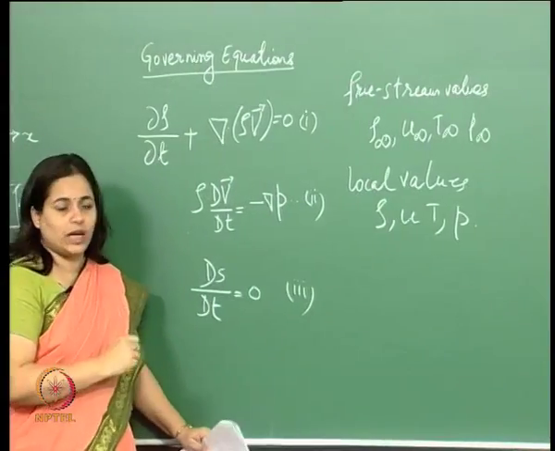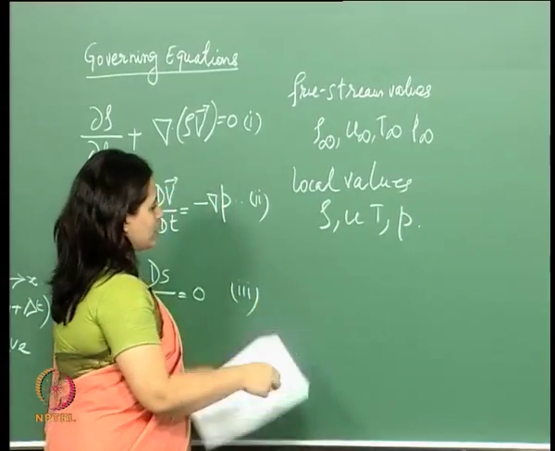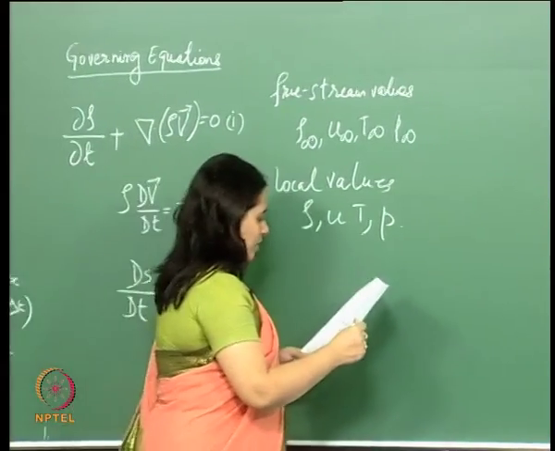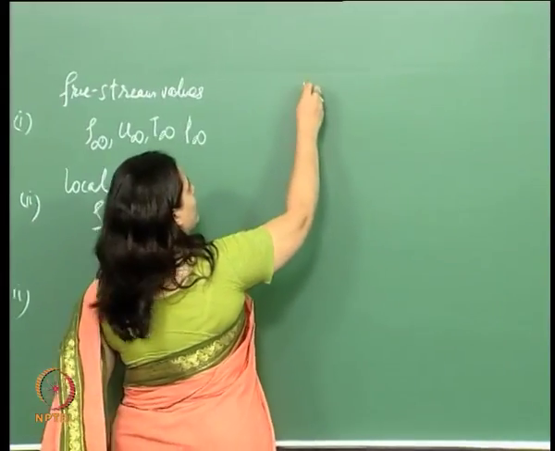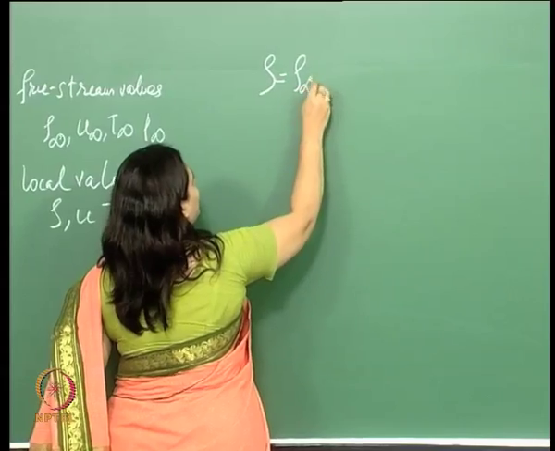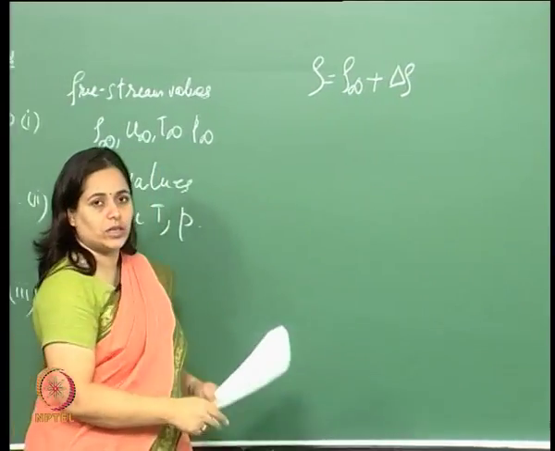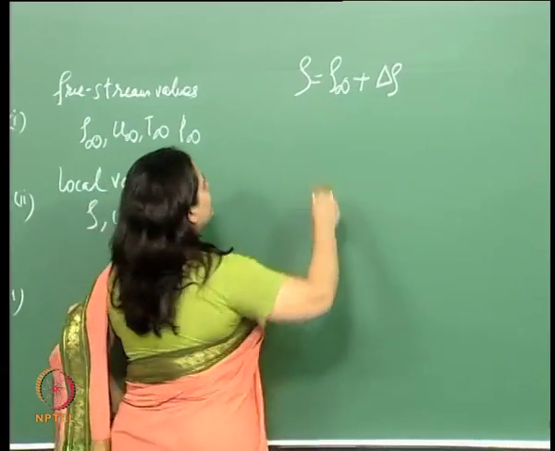So, if I had to do that, let me write this here. In that particular case, my local density would be equal to the ambient plus the disturbance, right. This would be it,